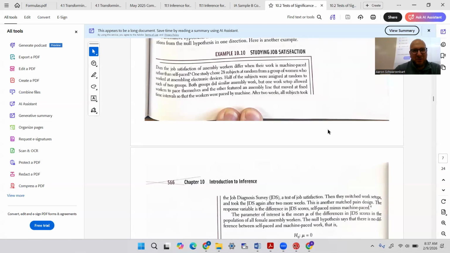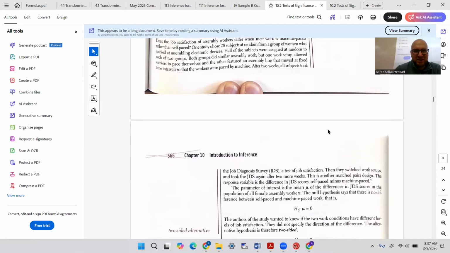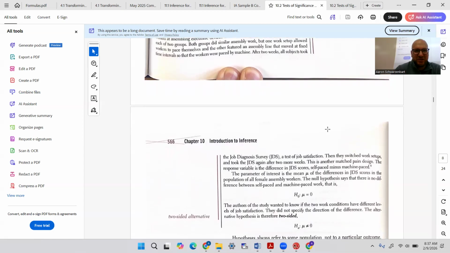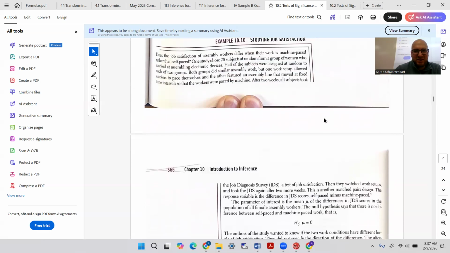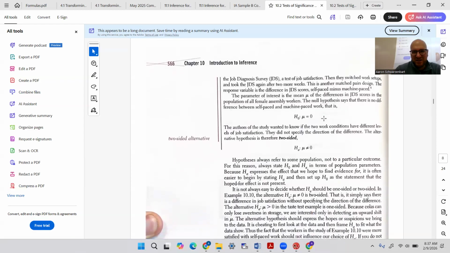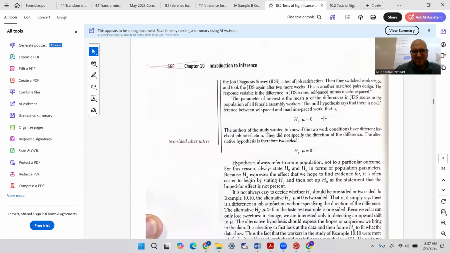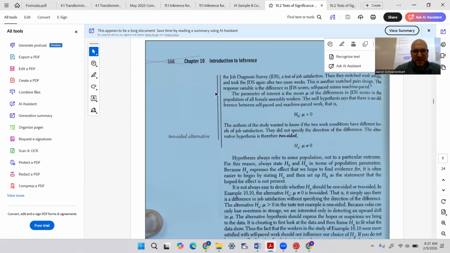So one study chose 28 workers at random from a group of women who worked at assembling electronic devices. Half of the subjects were assigned at random to each of the two groups. Both groups did similar assembly work, but one work setup allowed workers to pace themselves, and the others featured an assembly line that moved at a fixed time interval, so the workers were paced by a machine. After 2 weeks, all subjects took the job diagnosis survey, a test of job satisfaction. They then switched work setups and did it again. So this is going to be a matched pairs again. And the JDS score,